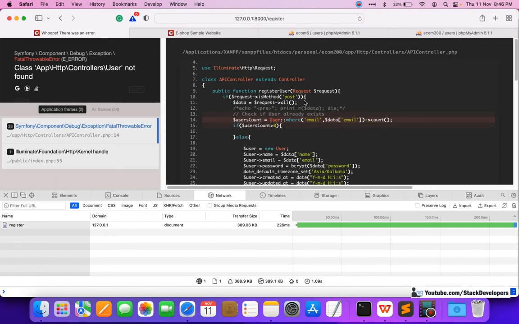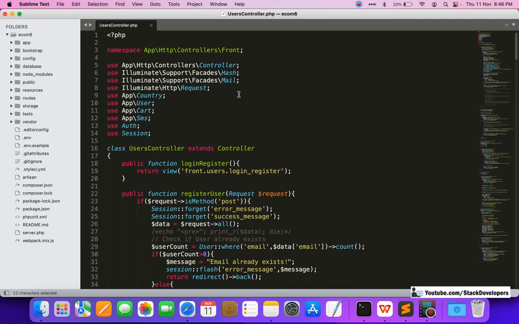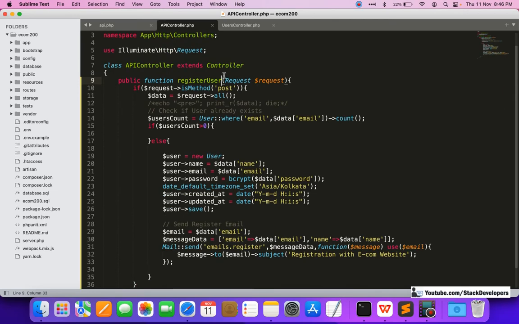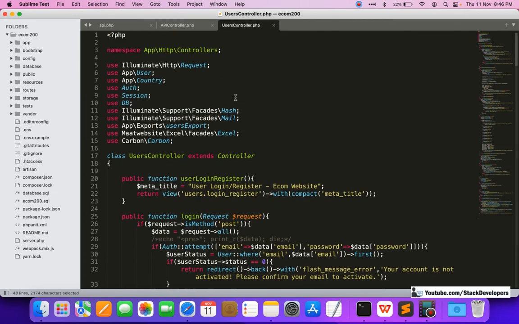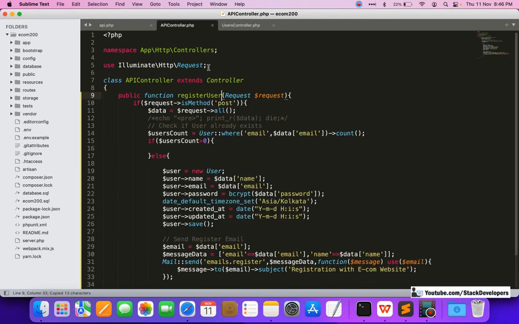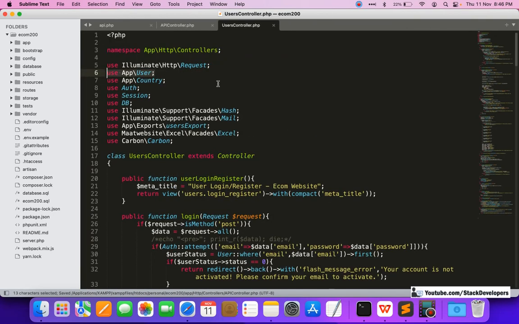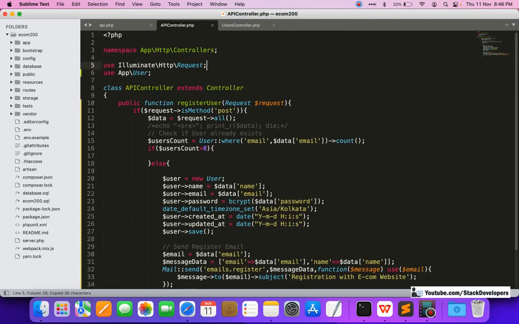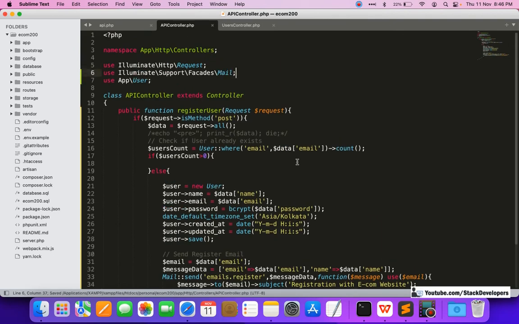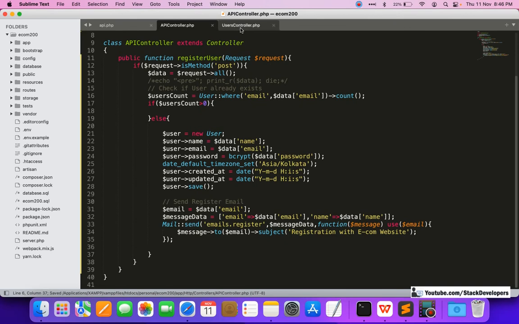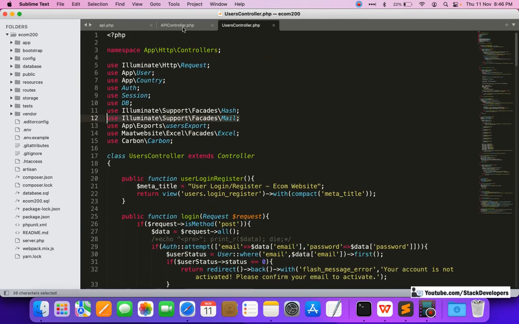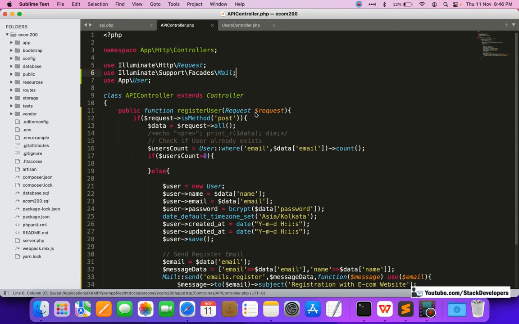Okay, so in register user we have missed adding that. See here, pick everything that is required. Not only the app user, if you want to send the registered email, we need to pick up the email code as well. So here we can write the email code, and if anything else is required then just copy that. Okay, so now it seems to be fine.